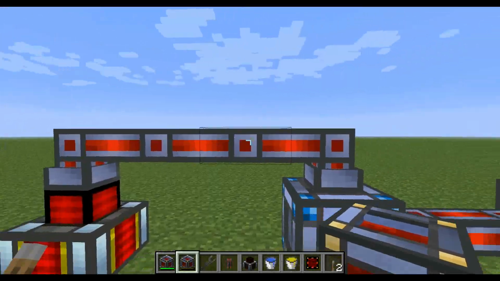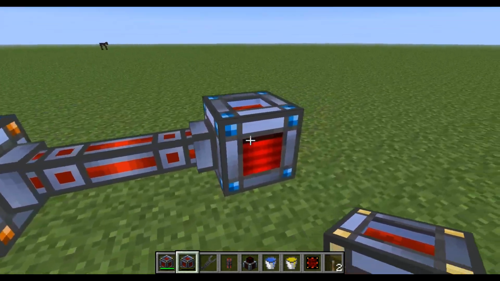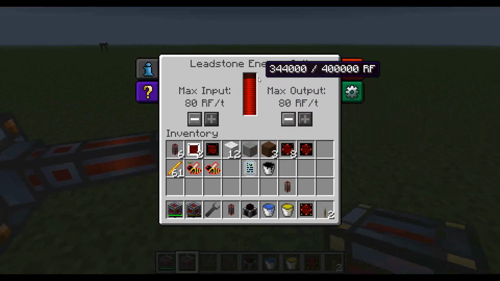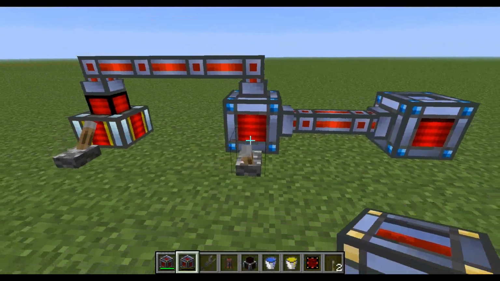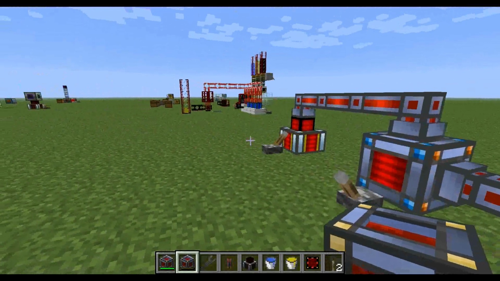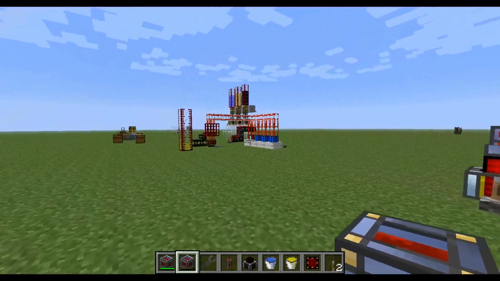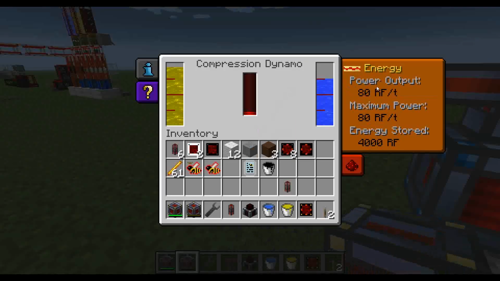So it's actually transferring power here into here, but this is actually transferring power out to here. So it's filling up this leadstone energy cell. It's been filling it up for quite a while now. So it's transferring power out, and we're actually going to see what happens when this fills up. Hopefully that thing will explode. Please, please, please. Now the power generation is interesting, and you'll see that this automatically changes depending on the